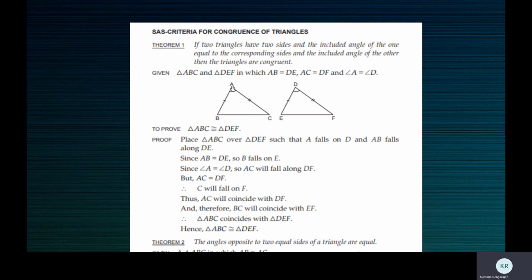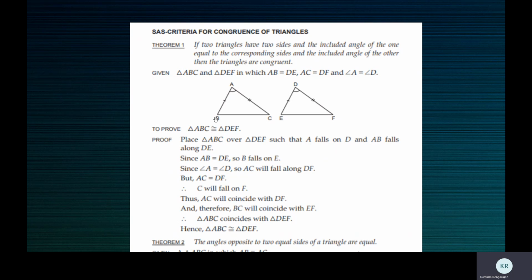For this, we basically need to have cardboard cutouts of triangle ABC and triangle DEF. We need to place triangle ABC over triangle DEF in a particular way. We'll see how. To see the proof here, place triangle ABC over triangle DEF such that A falls on D